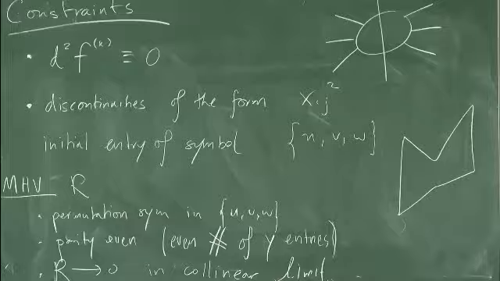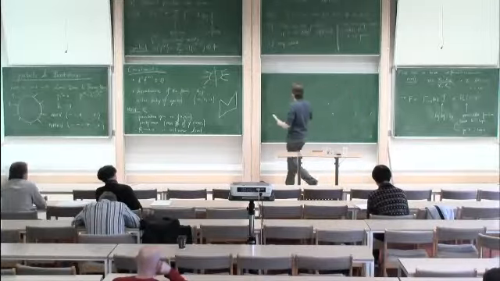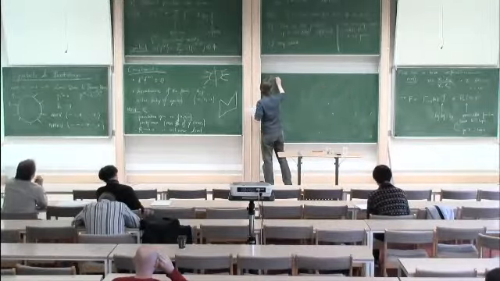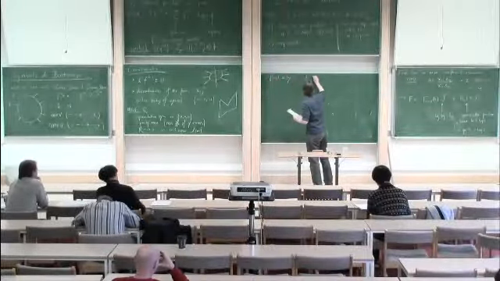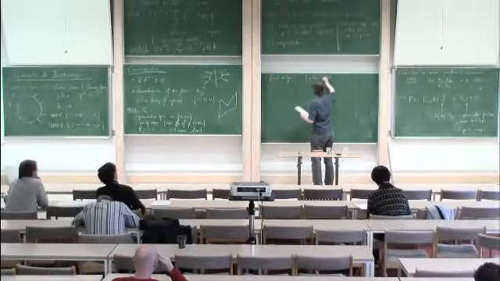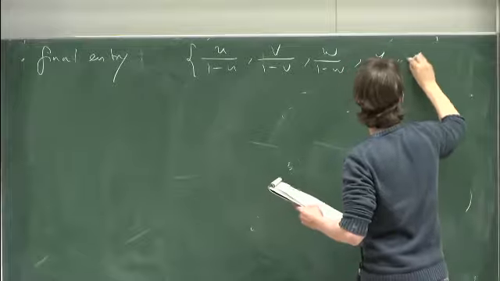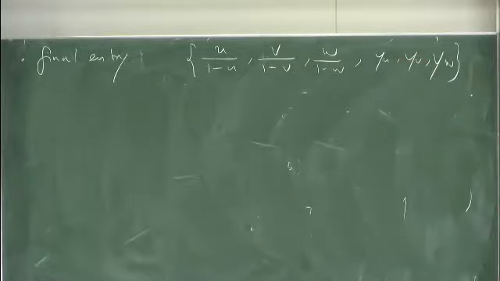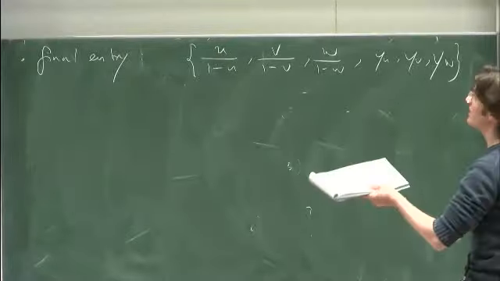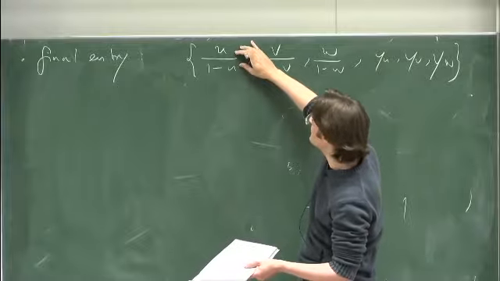You can also impose a constraint on the final entry of the symbol, which is a constraint on the form of the derivatives of the function that we're interested in. So let me write down just the constraint. We're interested in the following variables. So we insist that the final entry is drawn from this set of 6 letters, which doesn't violate the original set because this is a ratio of 2 of those letters. So when you have a ratio of 2 of those letters,